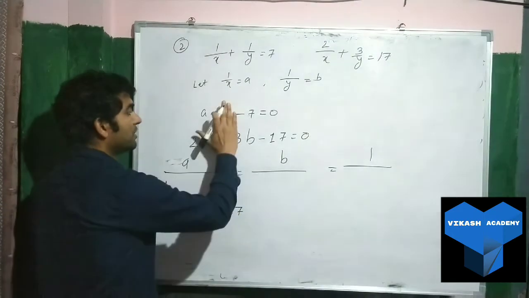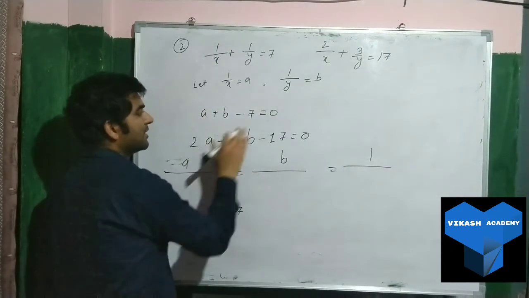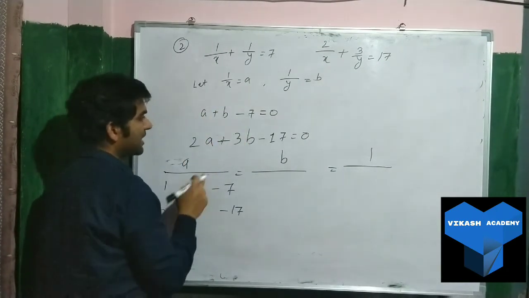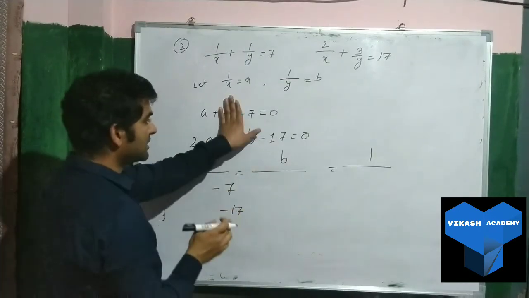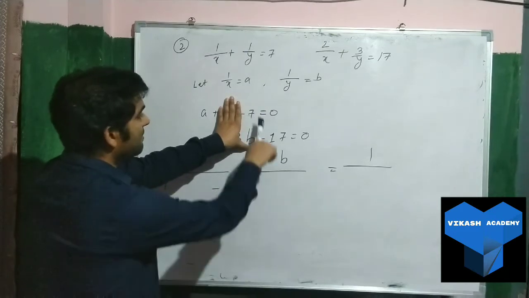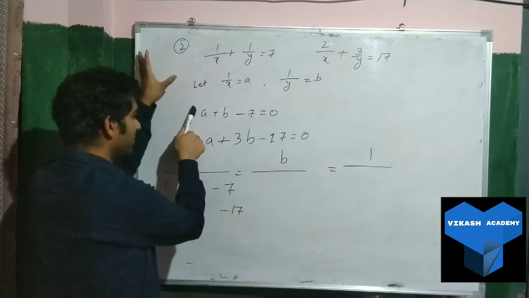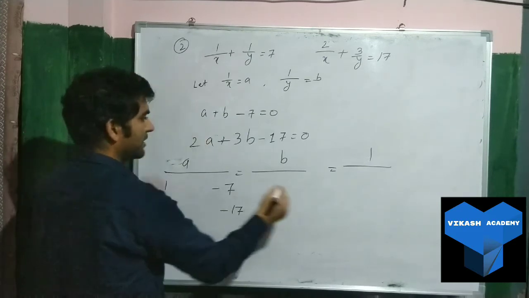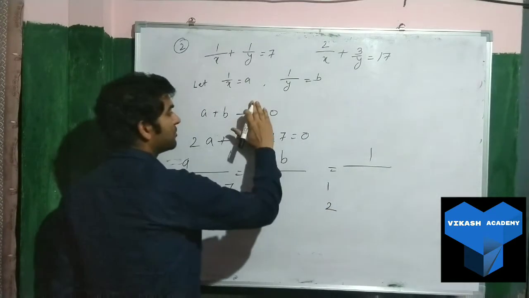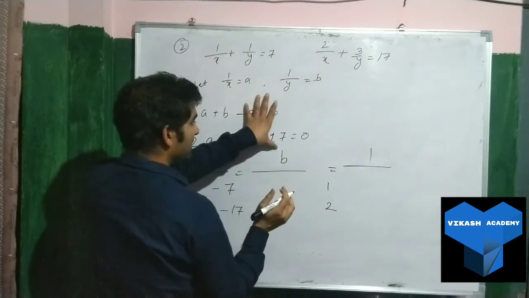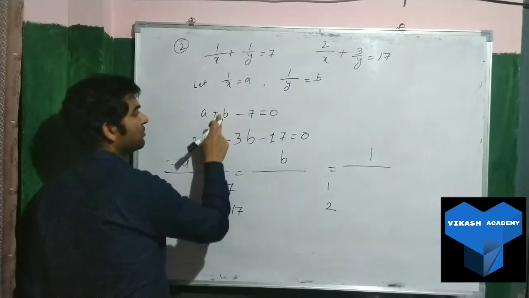Clear? Next. For this one, b, you will cover b part. C1 and C2 already taken. You will cover this part, minus 7, minus 17 here. So take the value of A1 and A2 here. 1 and here 2. You will write here 1 and here you will write 2. Next, for last one, we cover this minus 7 and minus 17 constant part. So 1 and 2 already written here. So next value will be what?